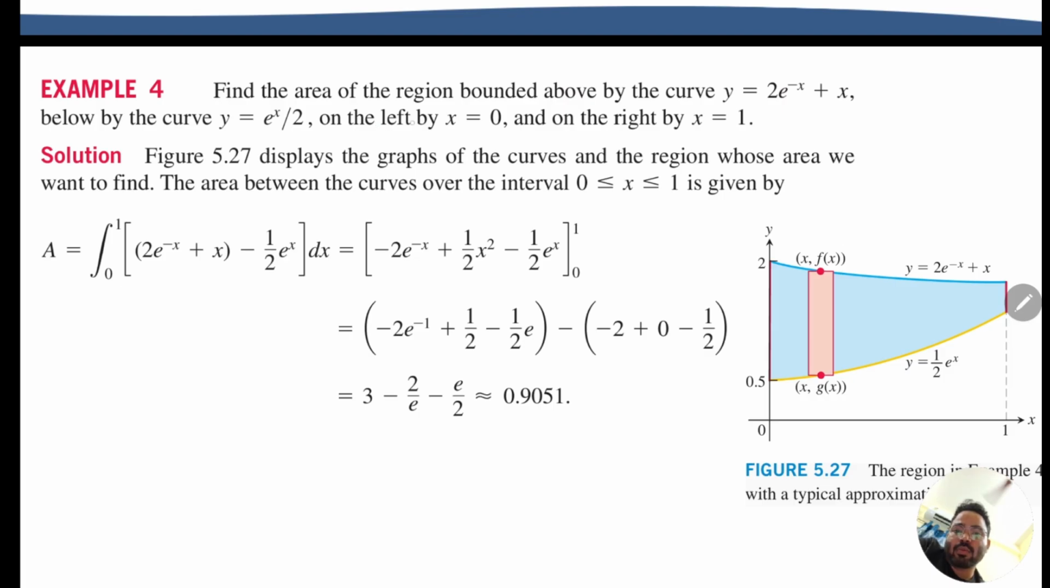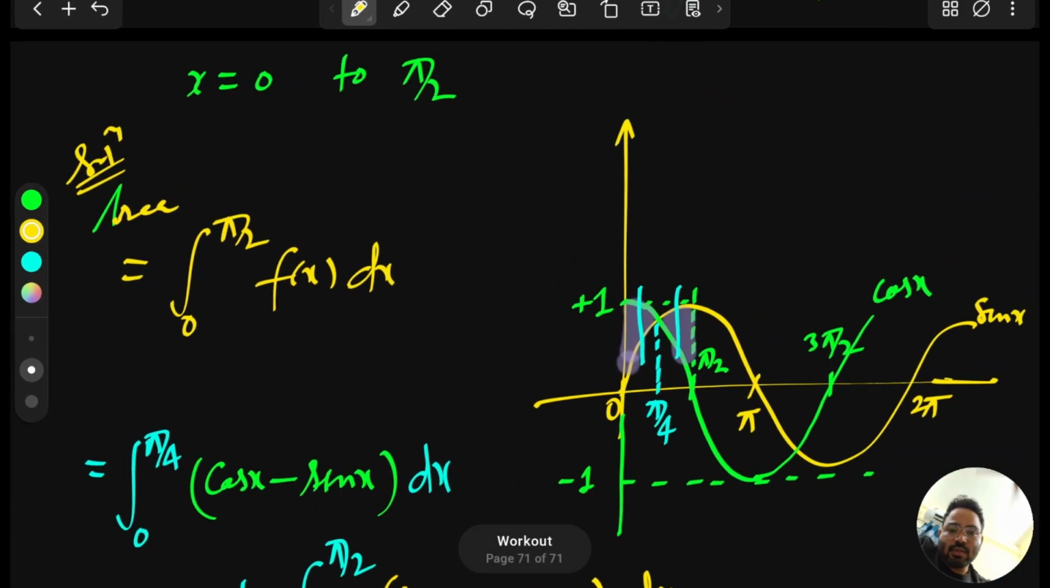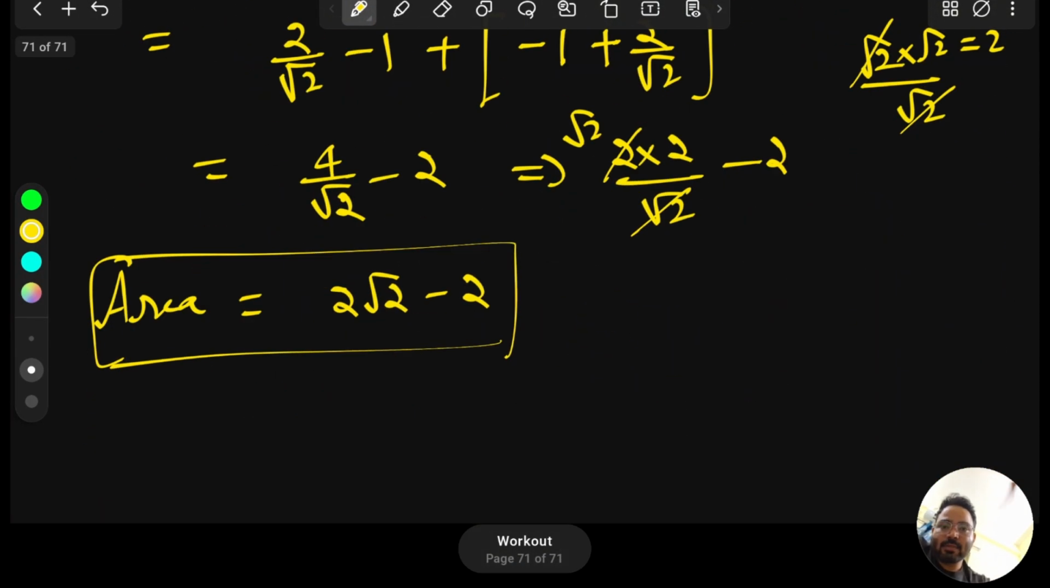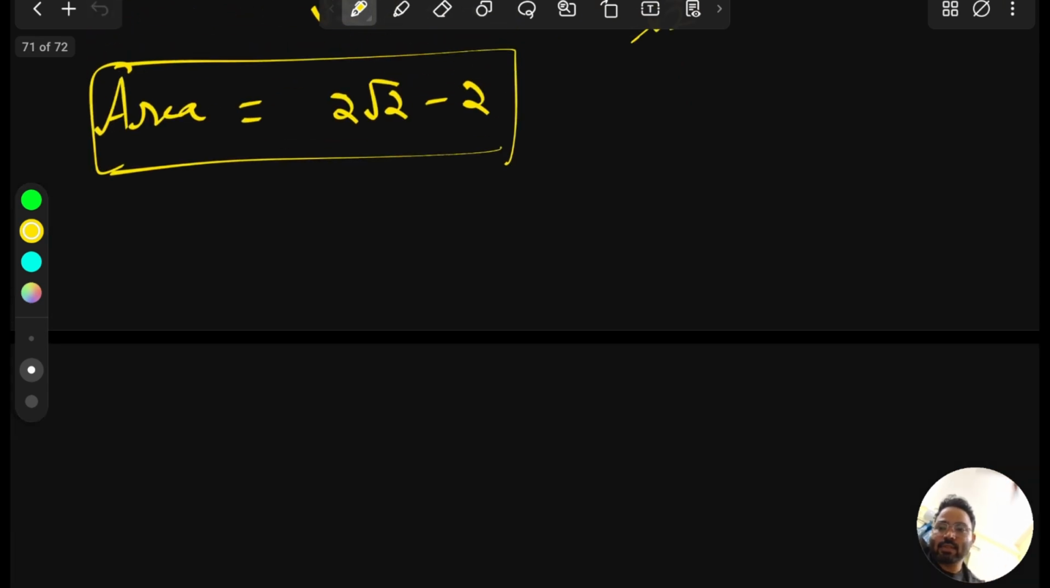And from where to where do you have to go? x equal to 0 to x equal to 1. So you just have to use the concept: integrate from 0 to 1, top curve minus bottom curve, and just integrate and you will get the area. So let's solve this question. So our next question is